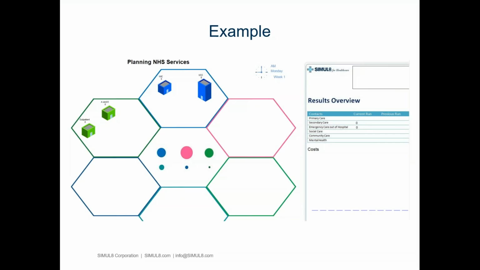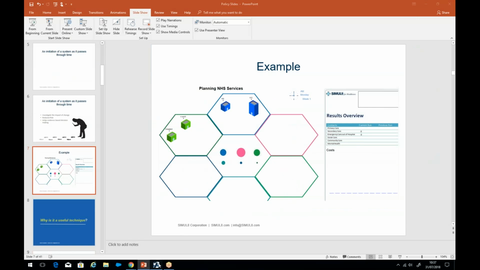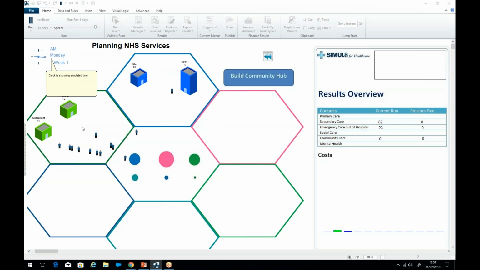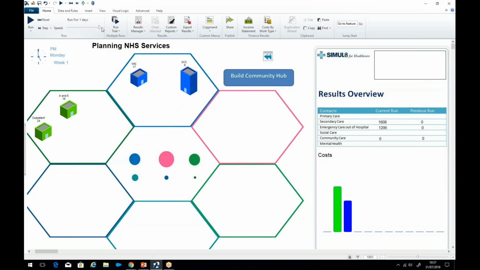I'll show you an example just to hopefully make that clearer. So this is a healthcare example. We're planning NHS services and we've got 4 services as just a small sample of a simulation. But if I run this through, you're going to see people are using these services and they're using it from 6 different groups. And as they use these services, we are going to get some results. These results are going to be about how many interactions with the service there have been. We're also collecting some cost results associated with that. And we can run this through for as far in the future as we need